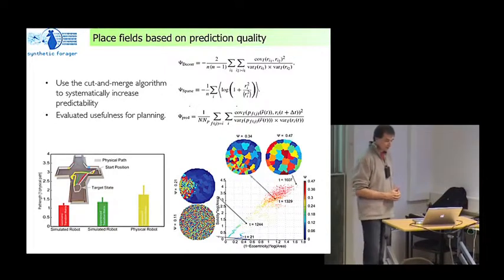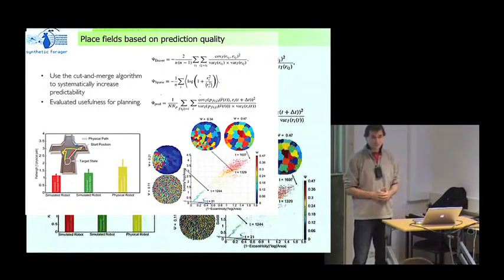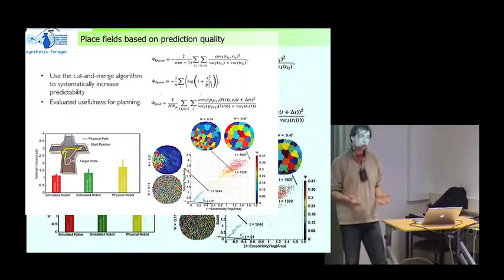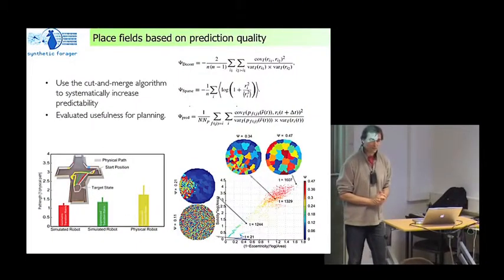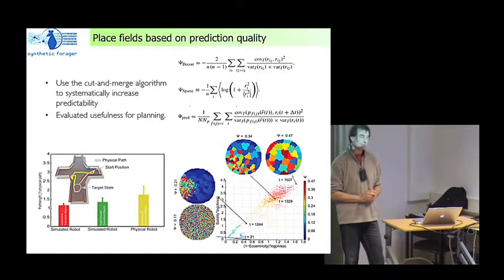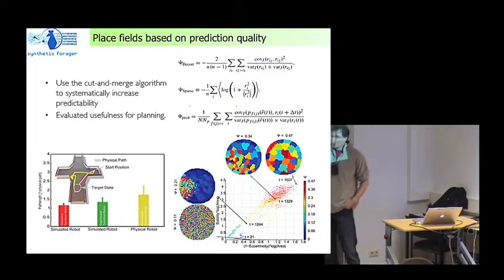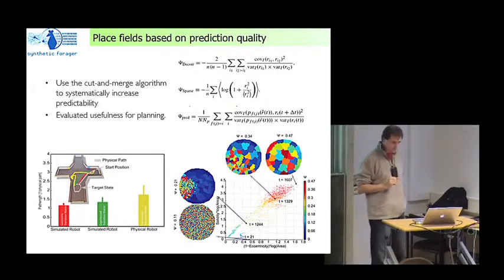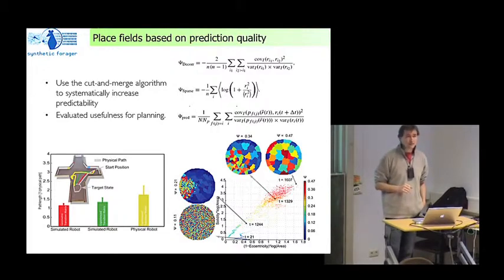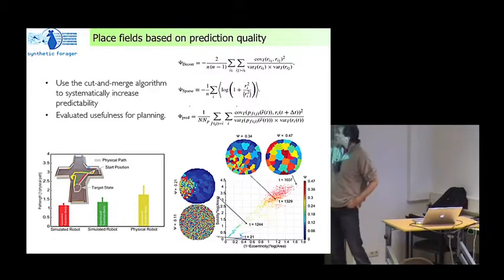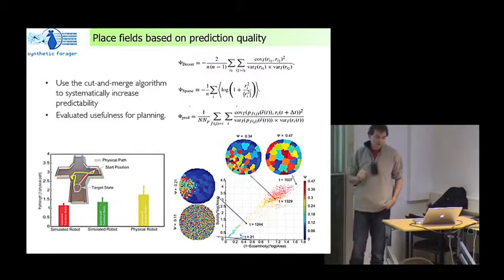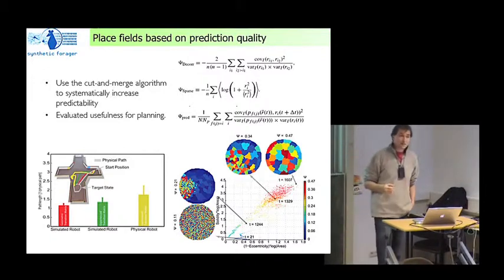And so far, predictability is an important concept, and actually it can be shown that sparse representations, so representations which are sparse right now, as well as the prediction, or the entropy of the prediction, are optimally sparse, have maximal predictability. This is shown here with so-called place fields from a random distribution, which is like a salt and pepper pattern, cutting and merging parts of the receptive fields in order to optimize predictability. You slowly form more compact regions, and actually these demonstrate optimal predictability, which also is a superset of optimal stability.